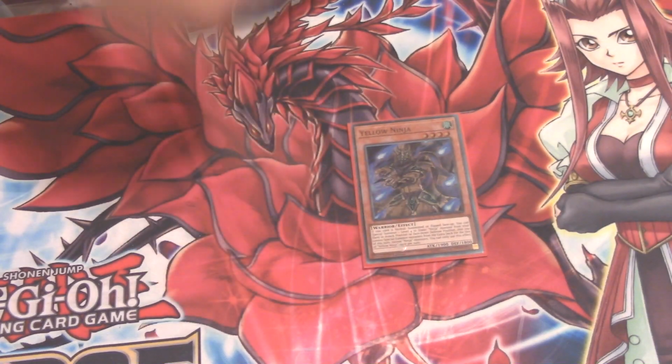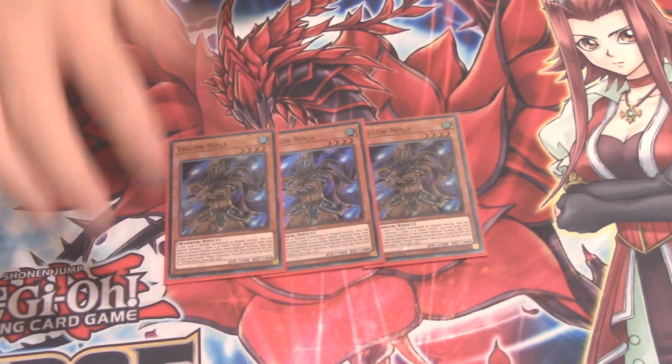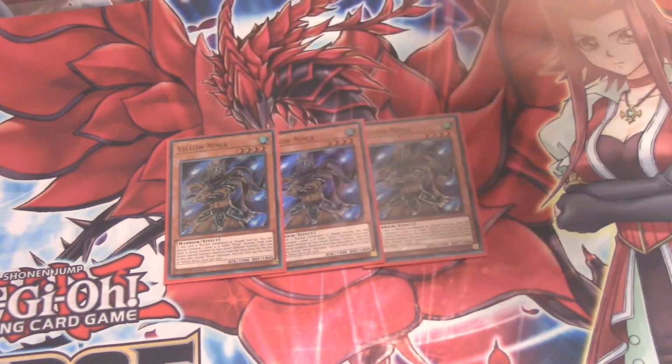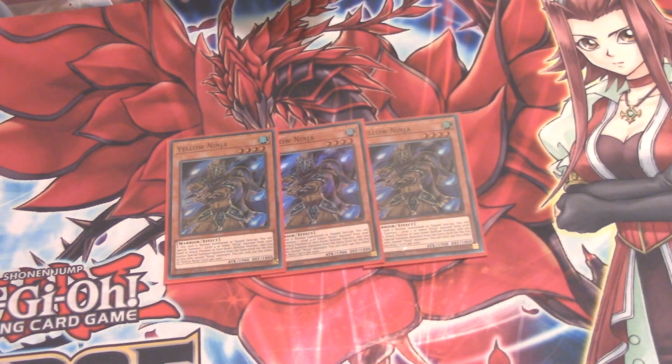Next we run the card that I'm kind of wishy-washy on, but we'll talk about it for a second. And that's Yellow Ninja. Now, Yellow Ninja kind of functions like Marauding Captain and Goblinberg to some extent. It's a normal summonable monster that you special summon another monster off of. But specifically, it has to be a ninja, and only for that turn can you go for a ninja. So when you're going for Yellow Ninja, 90% of the time, I would say you're going for Ninja